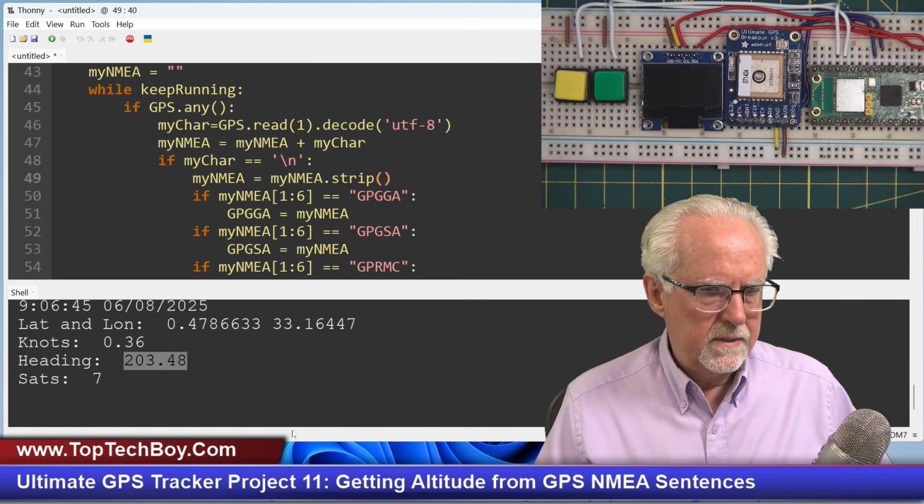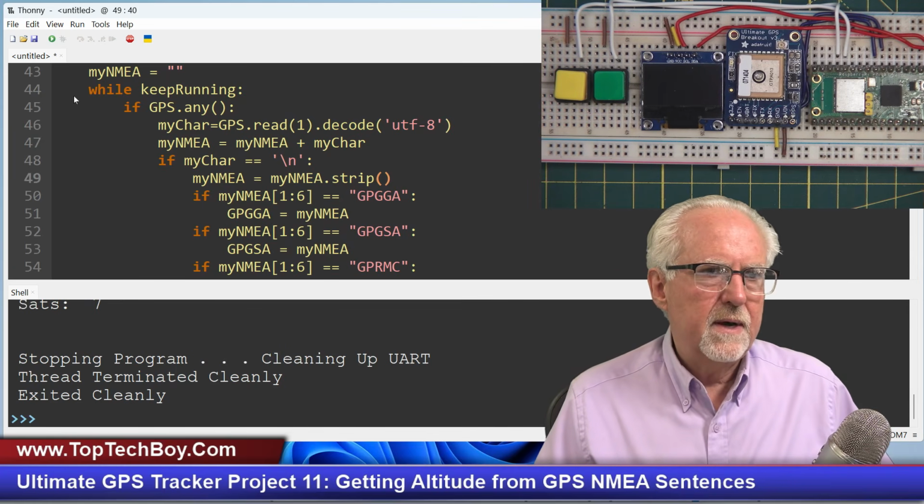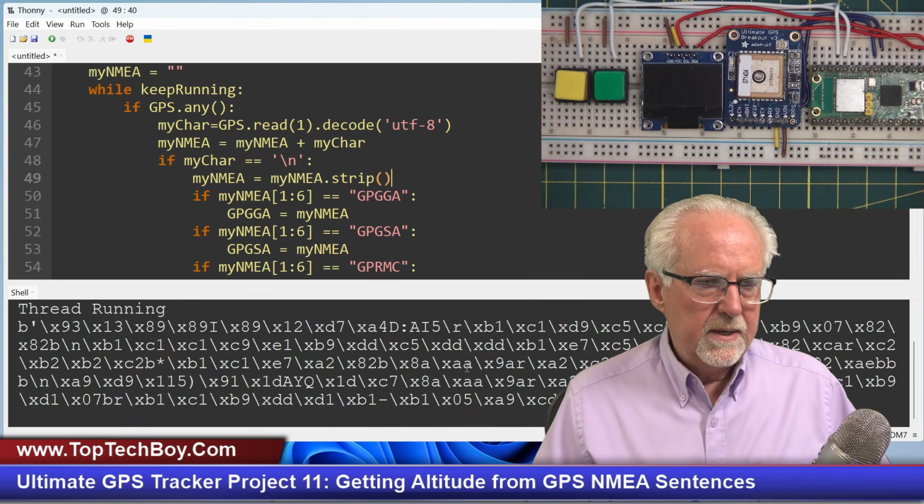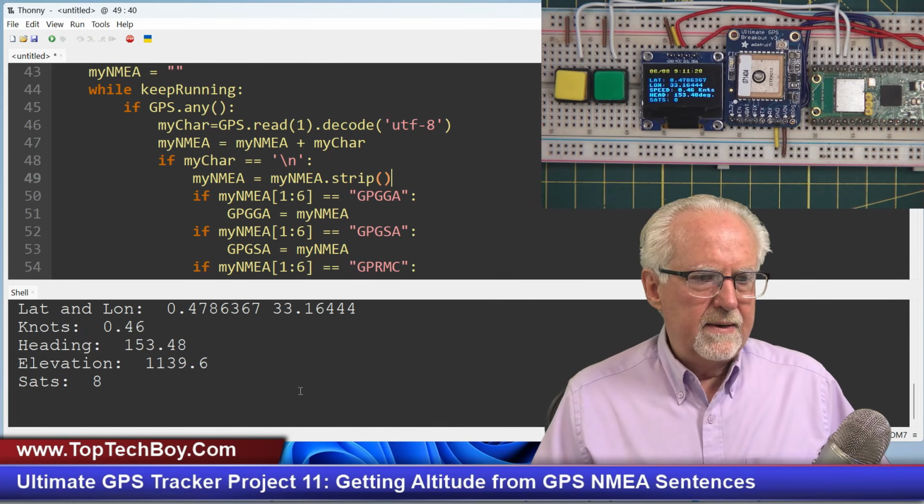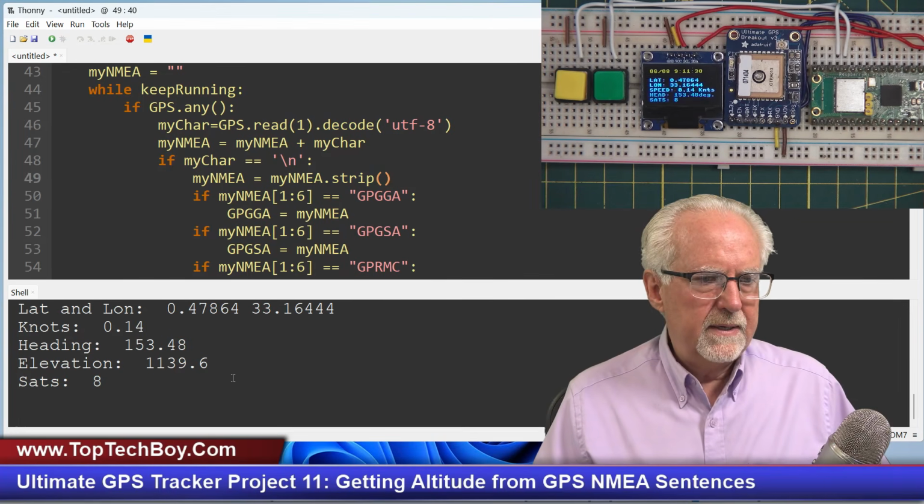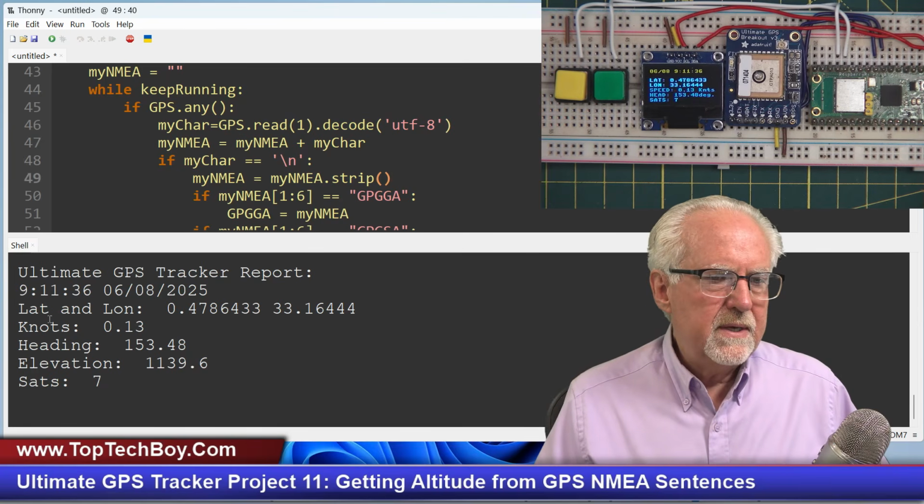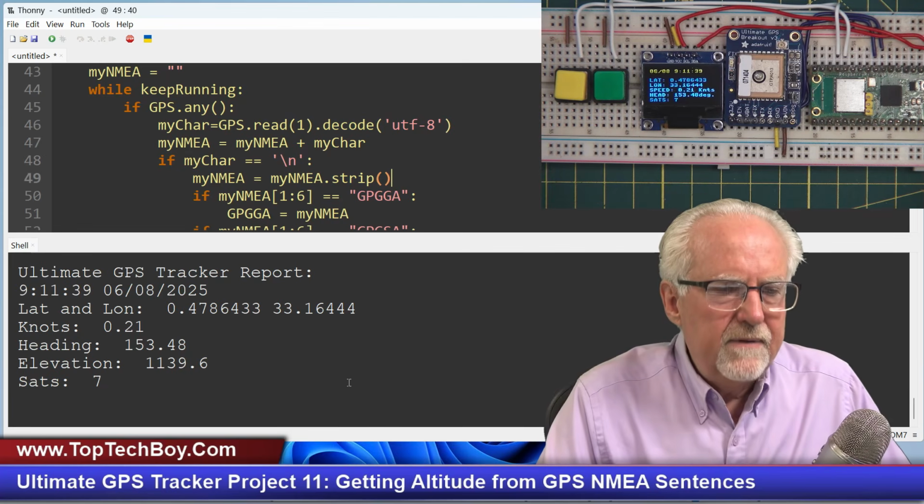Okay, and hopefully that's already stopped. All right, so now let's run this thing, and we get our junk, and then we wait, and now we are getting live updated data. And what do we see here? I need to raise this up a little bit. What do we see? We see that we are now getting elevation, and the elevation is